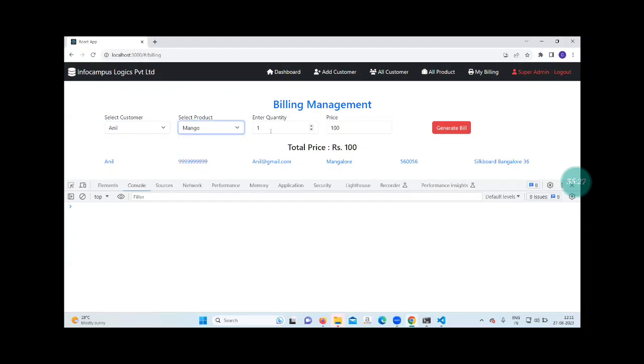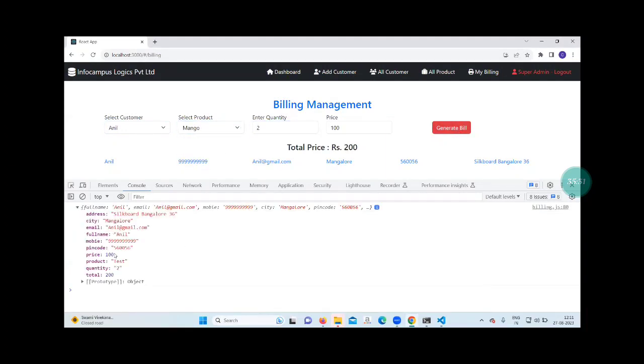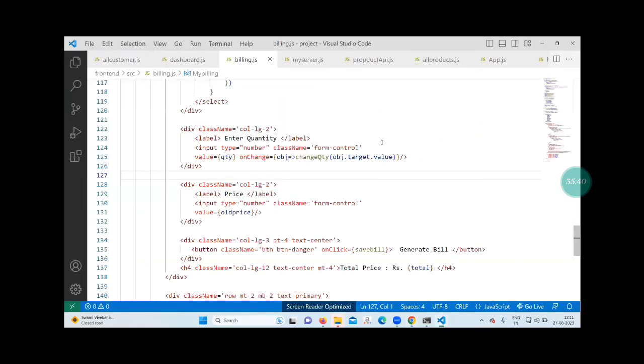So here I selected the name, mango, 2 quantity. Then click on save. So the details, price 100, then quantity 2, total 200. All these details of the product with the price will go to the server. Okay, so coming up,